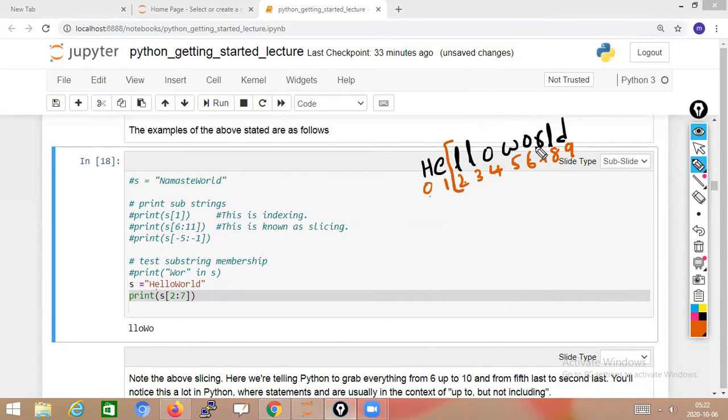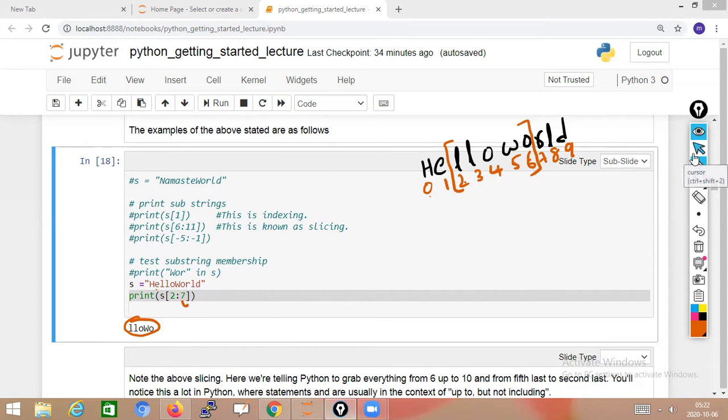Starting from here and ending at WO, so it is ending at index 6. That means when you put 7, it stops at the 6th index. This is how slicing works. It gives a subset of hello world. Index position 2 to 7 means going back one letter, that is, up to 6.